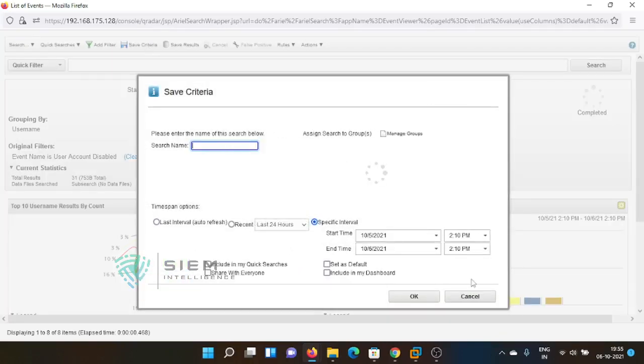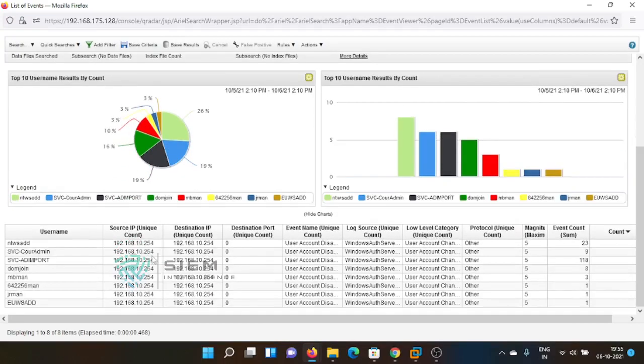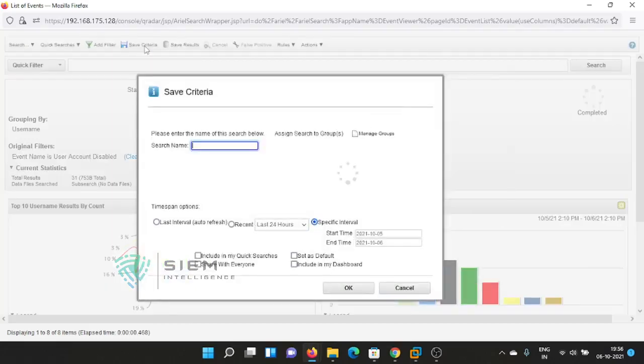And one more thing: if you want to keep this as a dashboard item, you have to do something like grouping. If you group, then only you can add it to the dashboard, else you cannot. I will explain when the dashboard part comes. See, just do save criteria now.